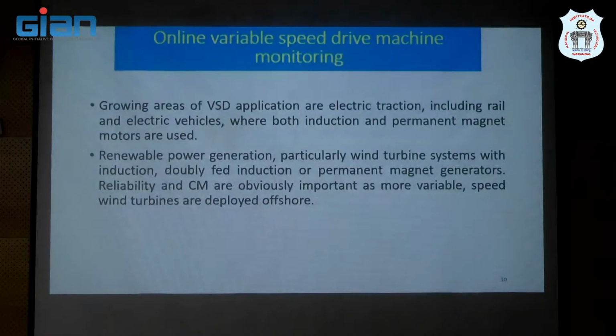As we go towards variable speed drive applications for electric traction, rail and high speed trains, and also electric vehicles, where we use induction and permanent magnet motors, and also other applications,